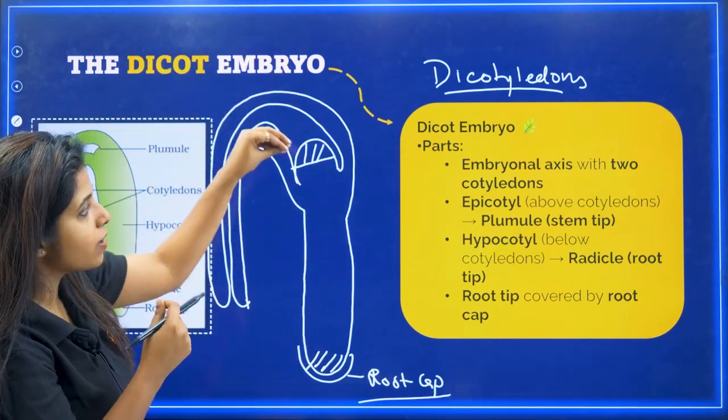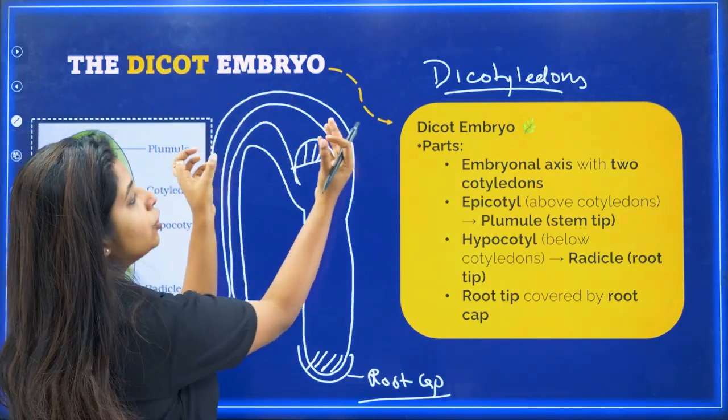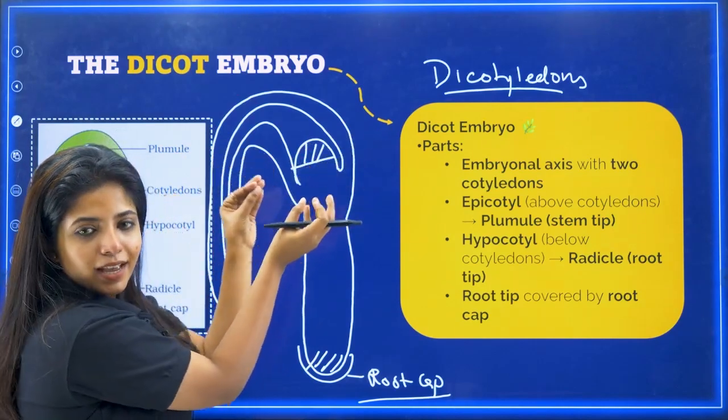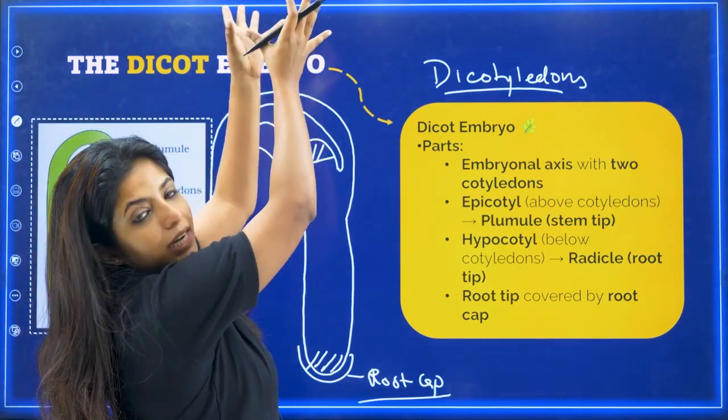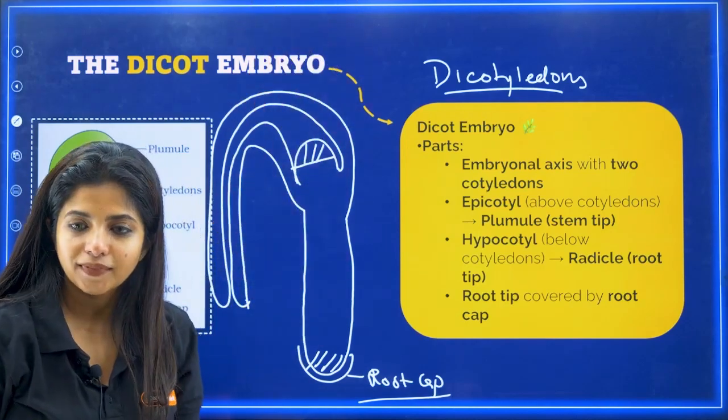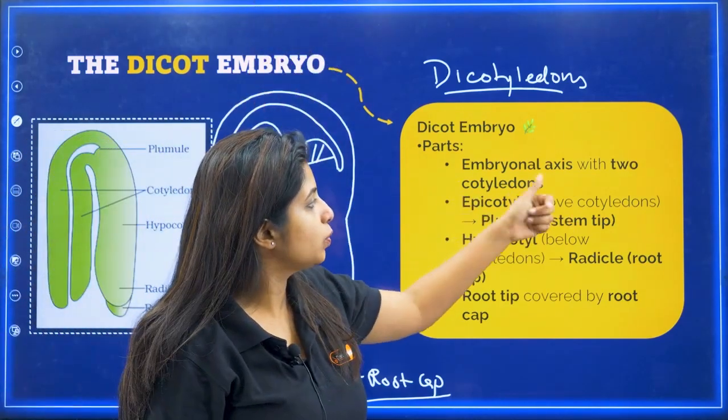Now, basically when the plumule will grow, it will take nutrition from these cotyledons. It will take nutrition from these cotyledons, and then only it will be growing up. Got it? So, the embryonal axis with 2 cotyledons,